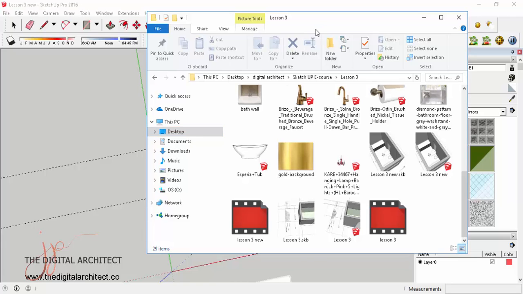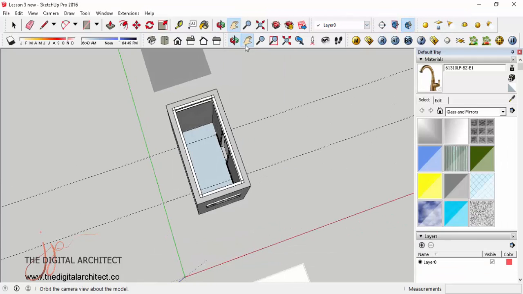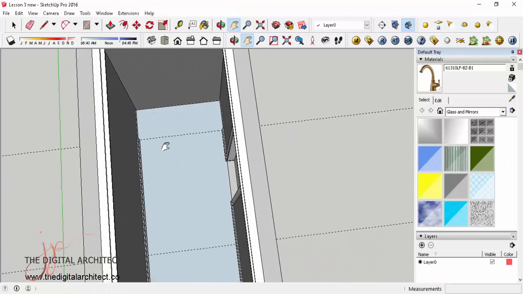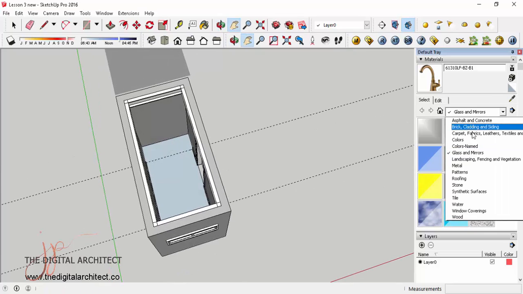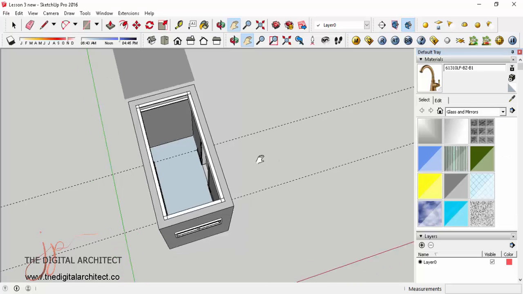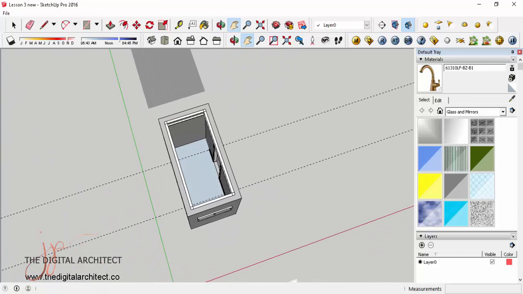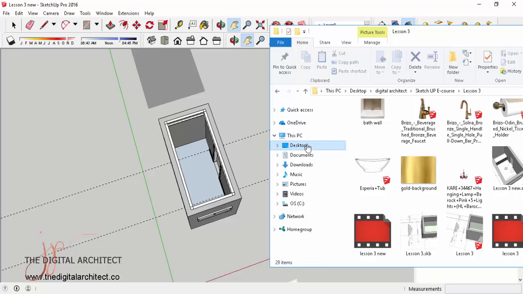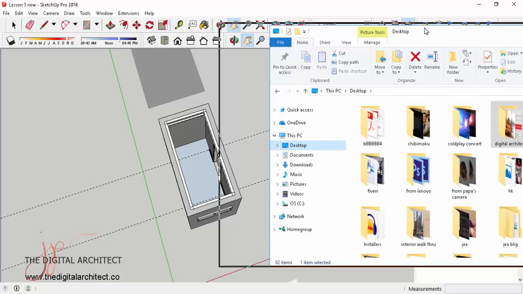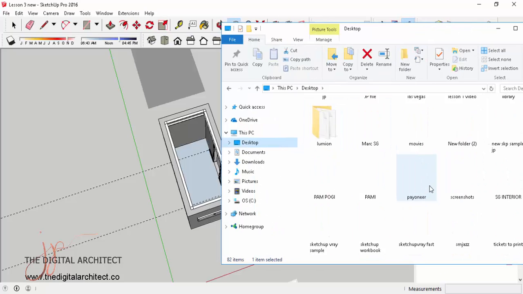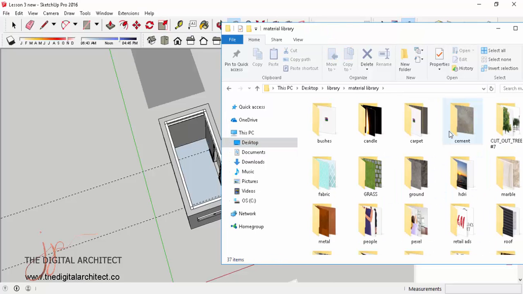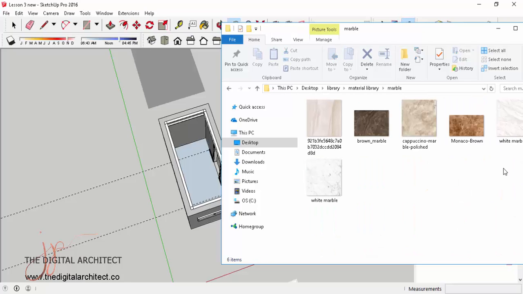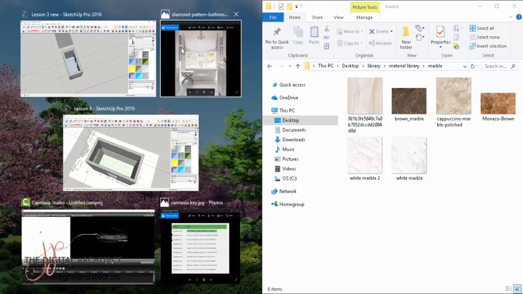So for now, what I'm going to teach you is how to put material that is not included here in the preset materials. You can actually add your own material. So if you have a specific material that you want to use, you can do that. So I'll just get something from my library. Okay, I want to get a marble design, which is white marble, which is this. So this is part of my library,